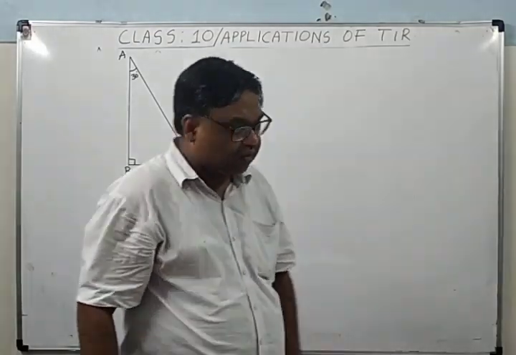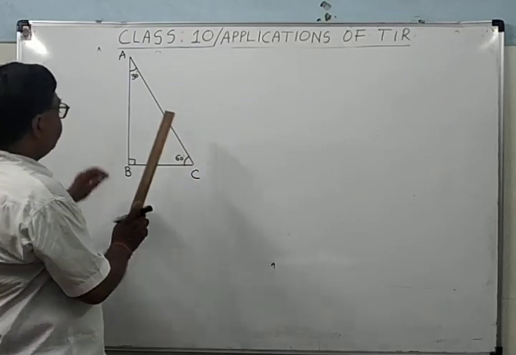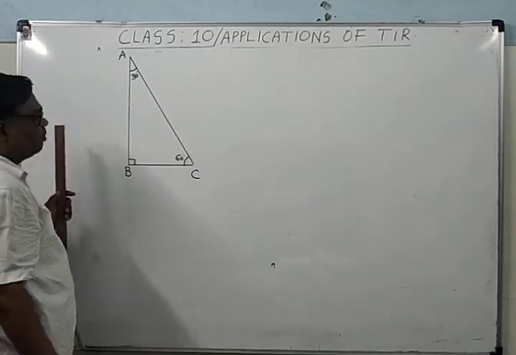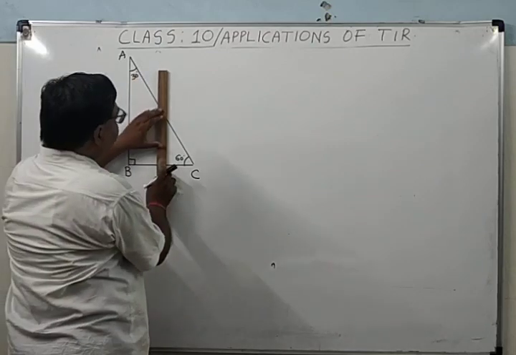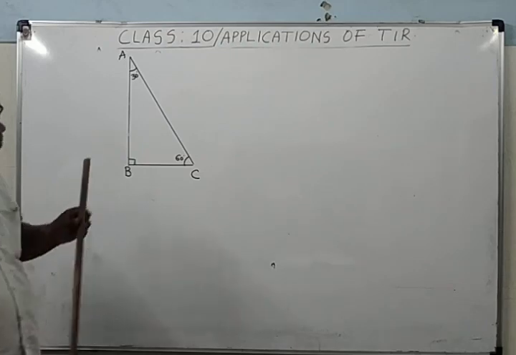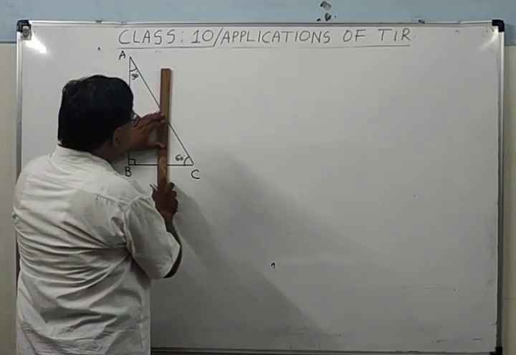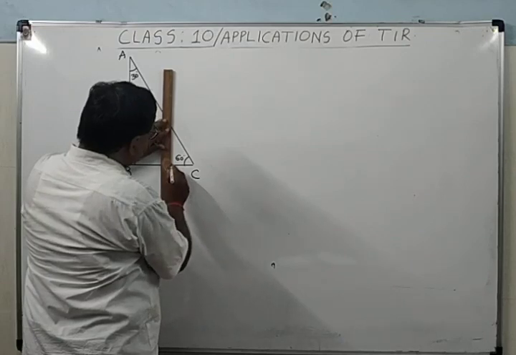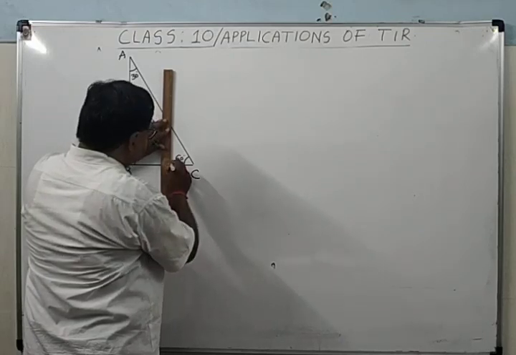Now when the ray of light is falling perpendicularly to the BC, here all the three faces are of different shape. You can see here, when ray is falling perpendicularly to the BC. So it is falling perpendicularly to the BC. What will happen? It will pass undeviated.